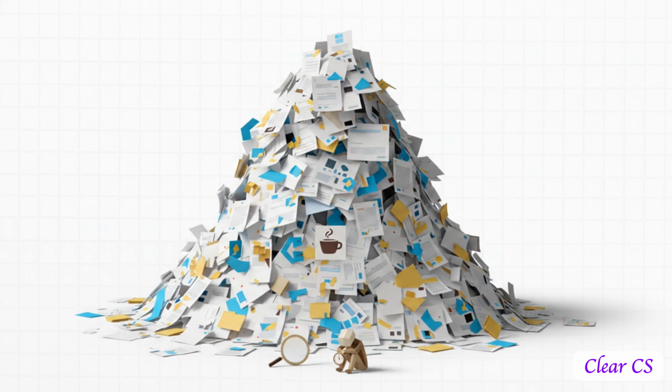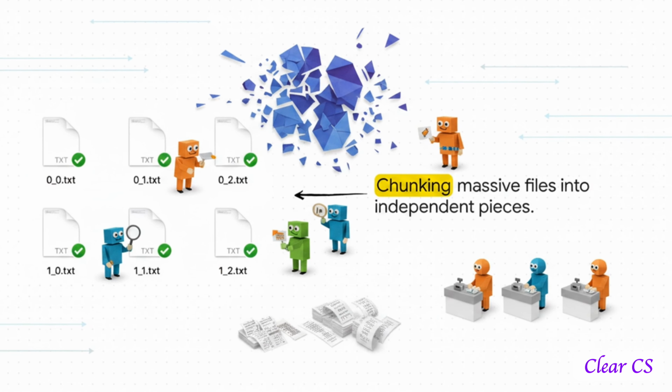No way! To fix this, we use our divide and conquer strategy. The system takes that massive terabyte file and chops it into tiny, manageable chunks. By chunking it up, we can unleash thousands of independent mappers to search through different pieces of the data concurrently. So instead of one tired cashier looking through a million receipts, we've got thousands of cashiers rapidly checking a few hundred receipts each. It drastically slashes the time needed to find that coffee shop.